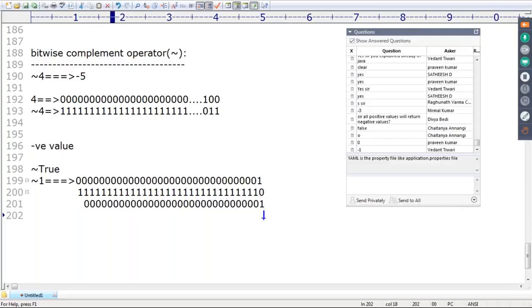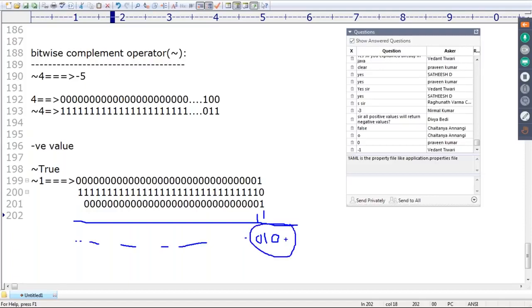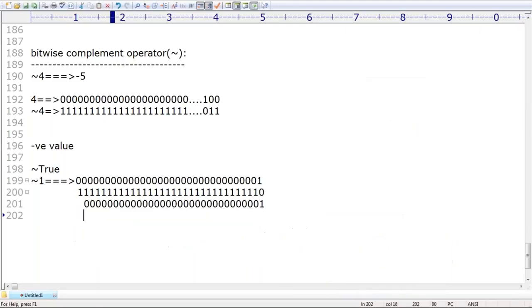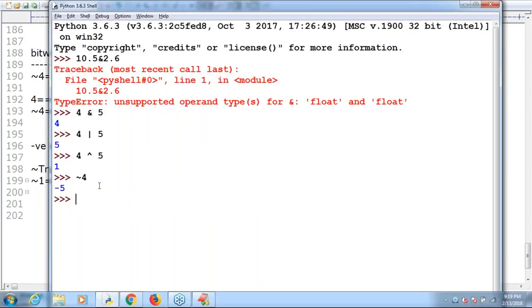For this, add 1: 1 plus 1 means 0, 0 plus 1 means 1. All the remaining bits are 0, 0, 0, 0, 0, 0, 0 only. Sir, the last bits are 0, 1, 0. What about its value, sir? It is 2. Already it is a negative number. Then automatically minus 2 is the answer you will get by default. Okay, negation of true, what is the output? By default we are going to get minus 2, sir. Minus 2 itself is the answer.